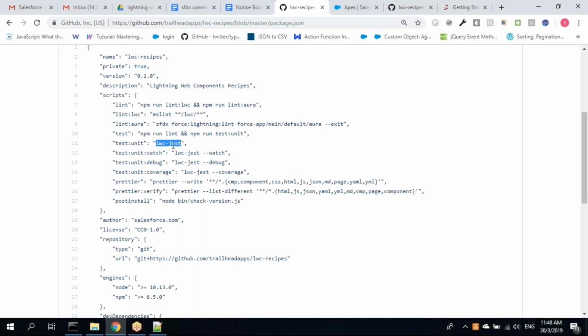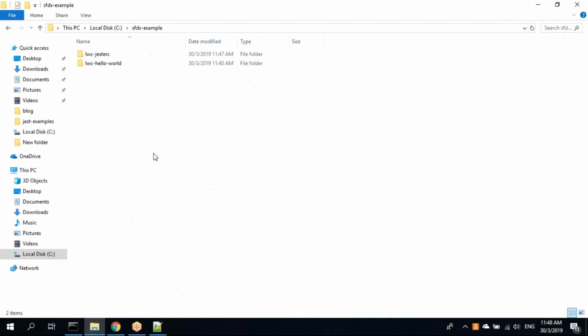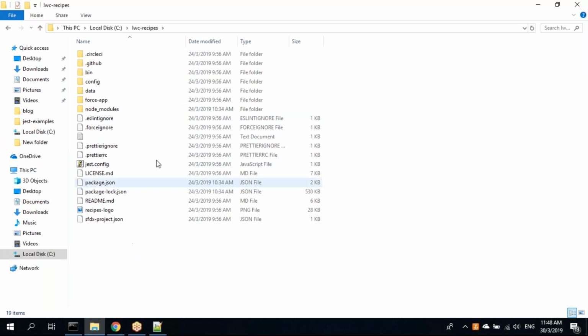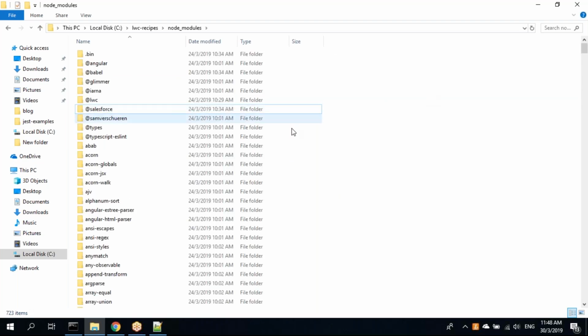बोले तो ये lwc-jest, as far as original jest it is simple jest. Fine. ये lwc/jest के नाम पे there might be a folder in node underscore modules. So what I'm trying to say is थोड़ा important है, थोड़ा ध्यान देना. I understand this is a new concept, very new for anyone, not only to you and me, for anyone in the world. So for all the Salesforce developers. Now what I'm trying to say is here LWC